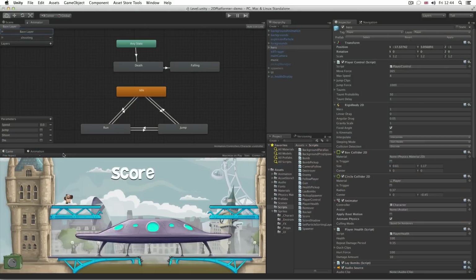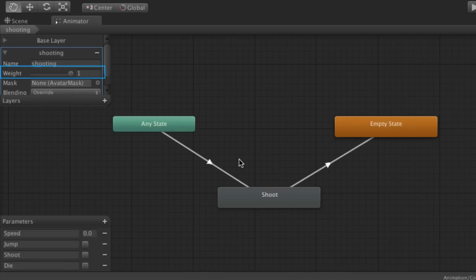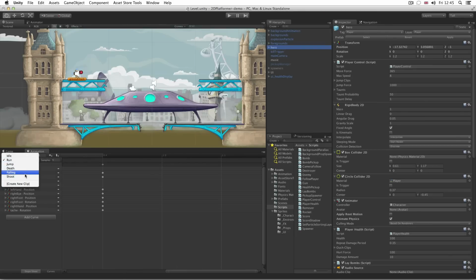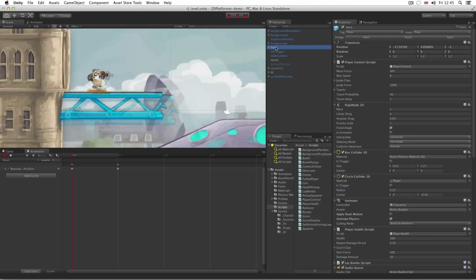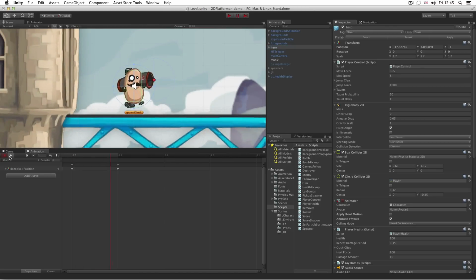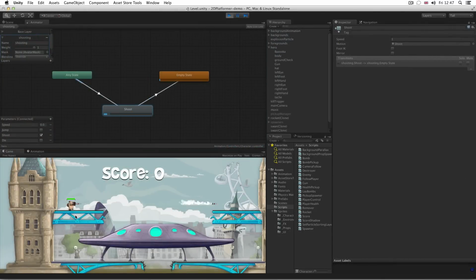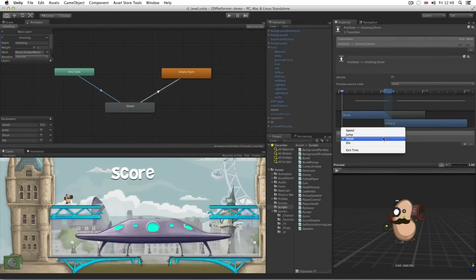Let's break this down even further. In order to play the shoot animation, whilst other animations such as run are playing, we created a separate layer within our animator called shooting. By setting the weight property to 1 here, we can totally override motion in the base layer on any parts of our character that are animated by clips on the shooting layer. In this layer, we switch to the shoot animation from any state, when the shoot trigger parameter is called from